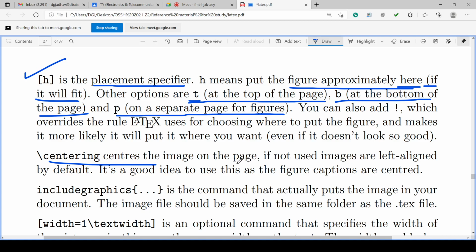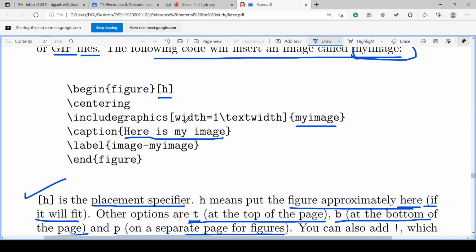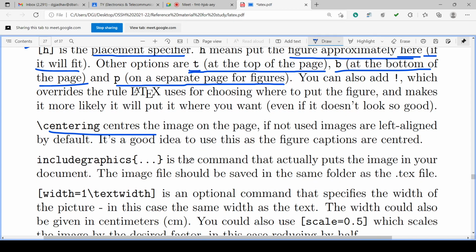Then includegraphics curly bracket is there, in which before the curly bracket there is a square bracket width equal to 1 text width, and in the curly bracket the figure name is there. Includegraphics is the command that actually puts the image in your document.